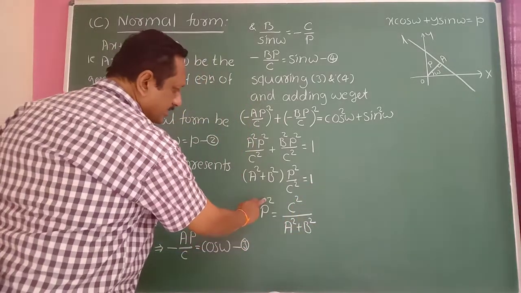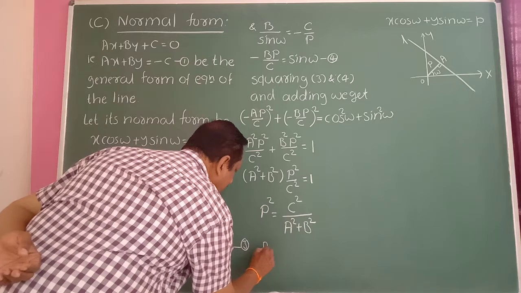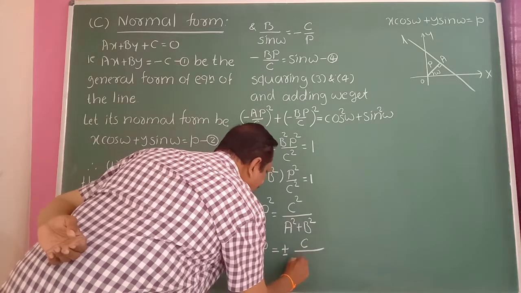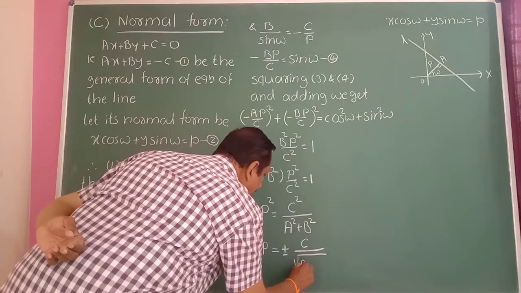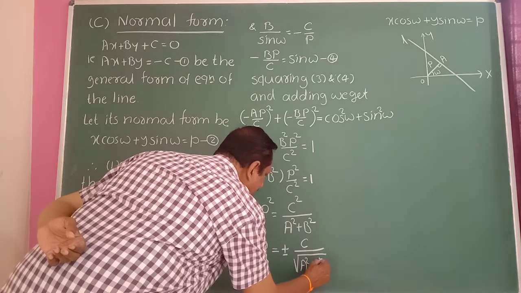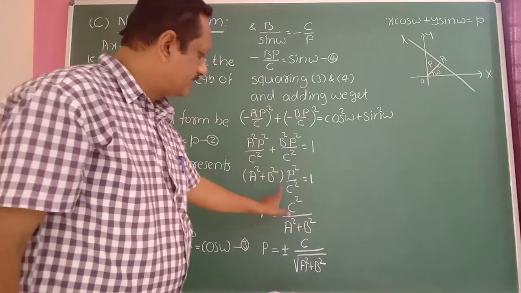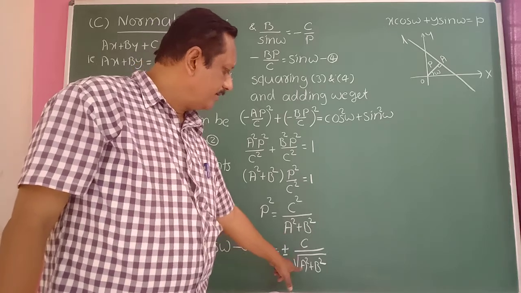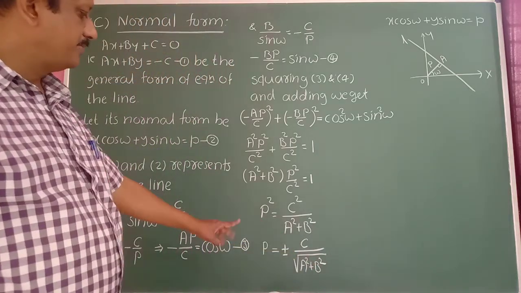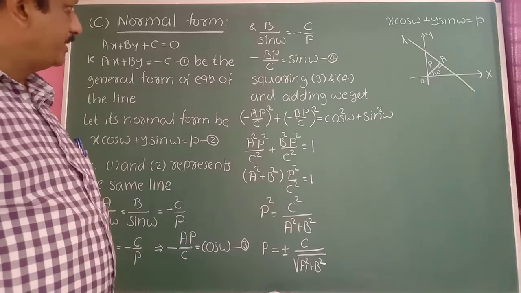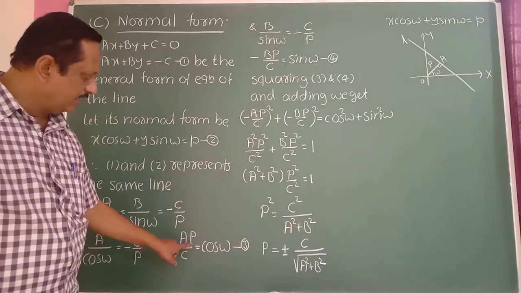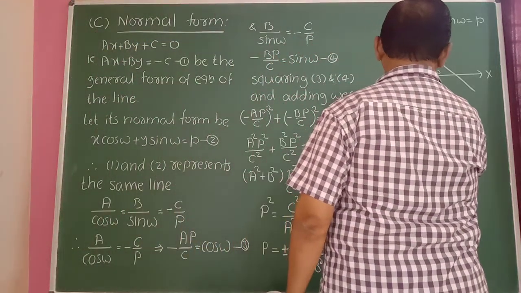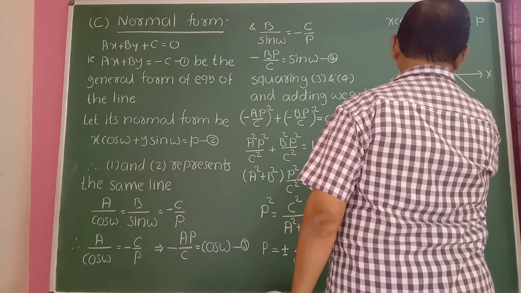Then take the square to the right-hand side. Hence P is equal to plus or minus C divided by root of A square plus B square. Taking the square root on the right side, the square root of C square is C. So this is the P value. Use this P in equation 3 and in equation 4. Therefore 3 and 4 become